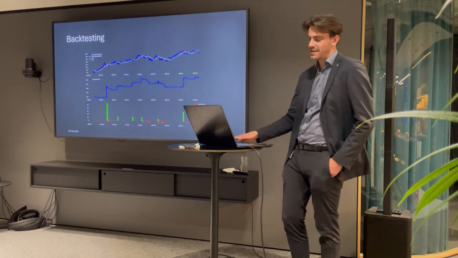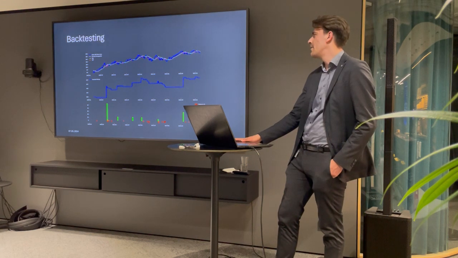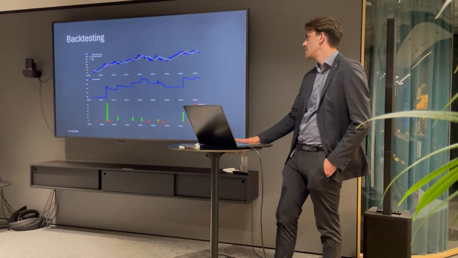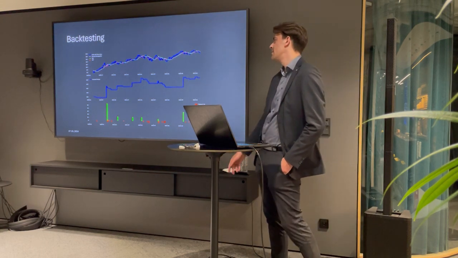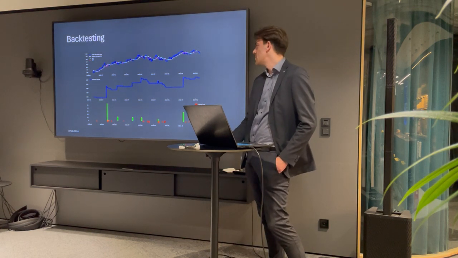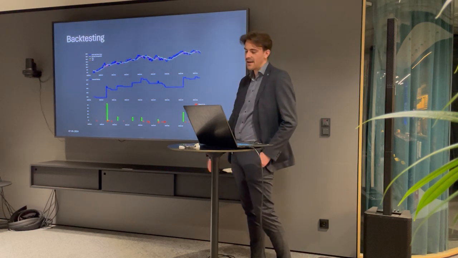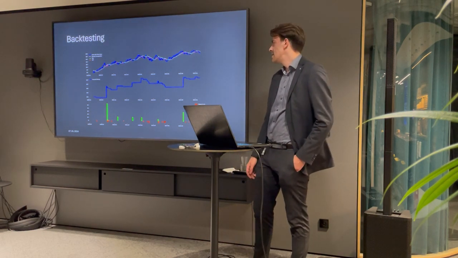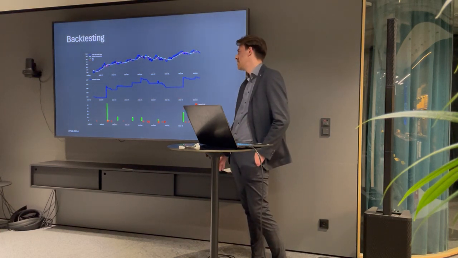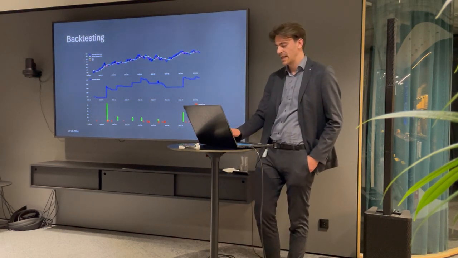I've mentioned backtesting shortly before, so what we can do now is think about how much money we would have earned if we had followed this strategy over the last 3 years. What you can see here in the middle is that if you had an initial investment of 100 euros or $100 in the Apple share, we would end up with around $170 at the end. And down here we can see whether our trade was positive, these are the green bars, or the trade was negative, so we actually lost money by following our strategy.